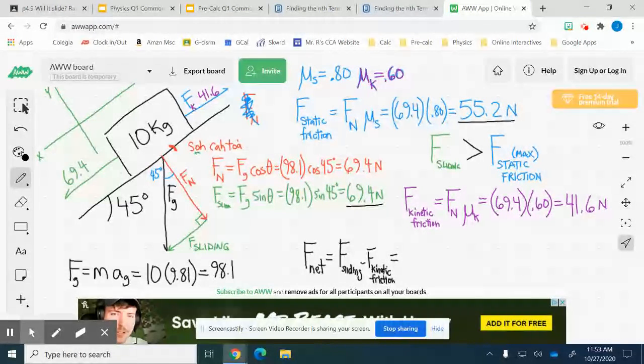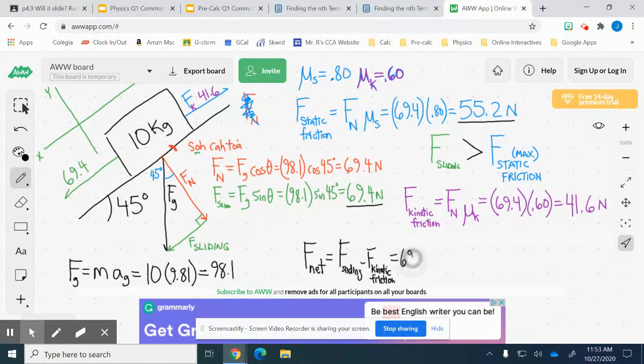So that's going to give us 69.4 minus 41.6. And we are very near the end of this problem now. 69.4 minus 41.6 equals, so our net force, trying to slide this thing down, taking account for friction,